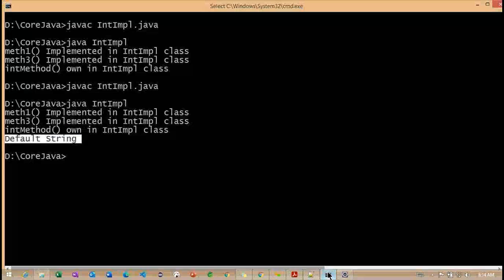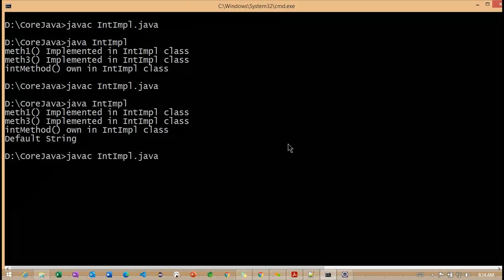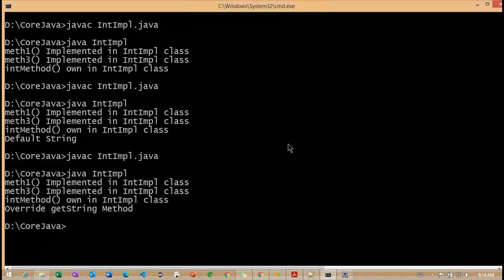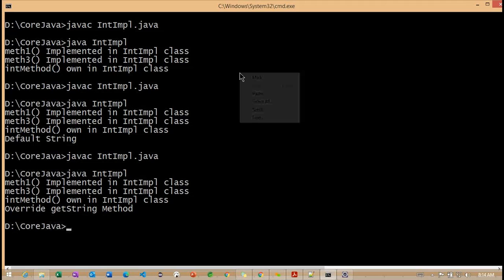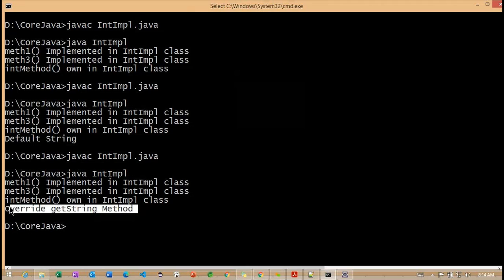Override getString method. Let me compile one more time and execute. Now what you are understanding is, now you can see the override getString method is being called here.